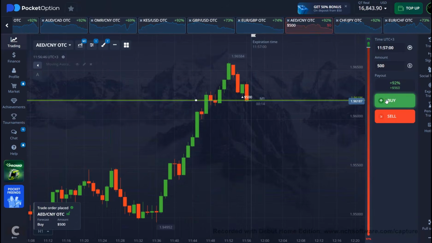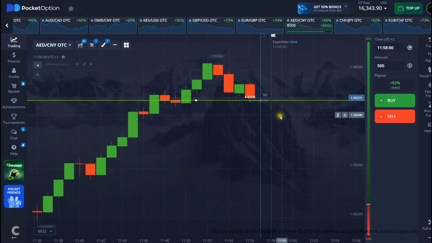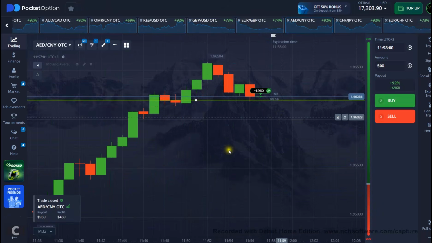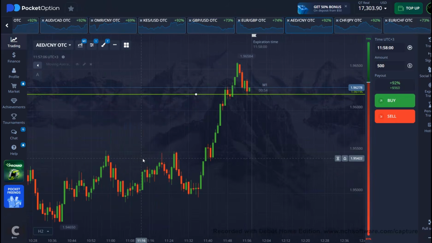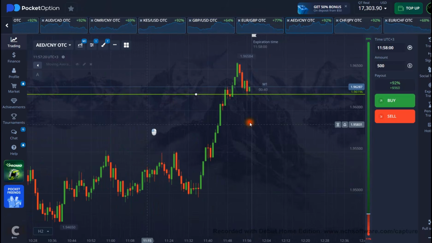Okay, just took a trade right here. I took a trade because we just got to our demand area right here, and I took the trade exactly on the demand area, and that was a winning trade. As you can see, we are in a very strong, very sharp uptrend, and we had a retracement right here, and once we got to this demand area, the buyers are expected to keep on pushing the market up,